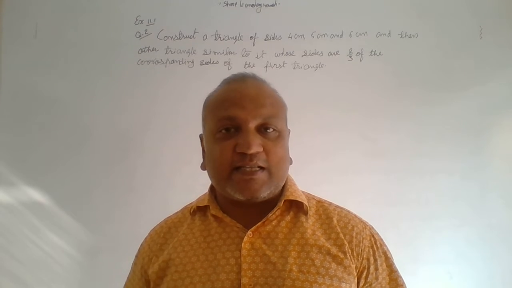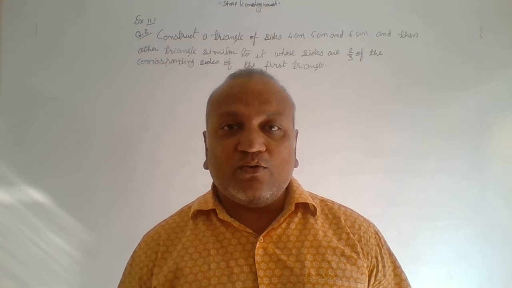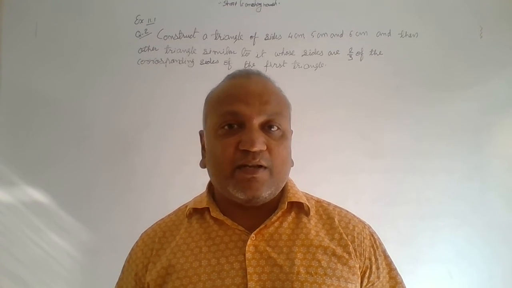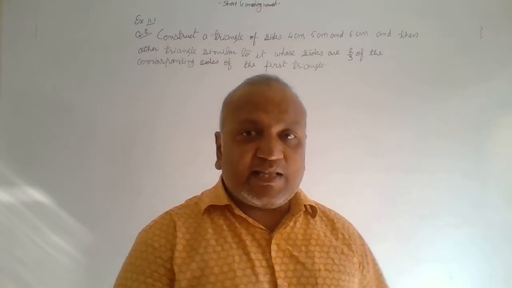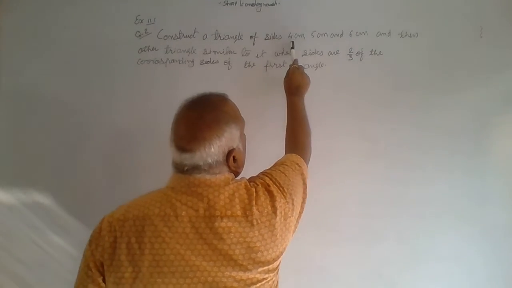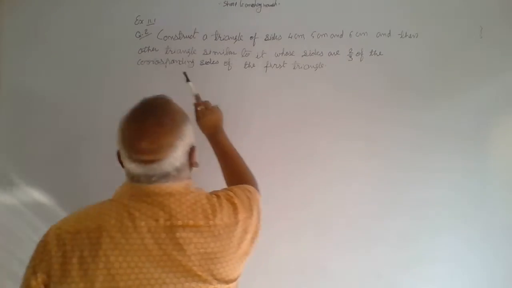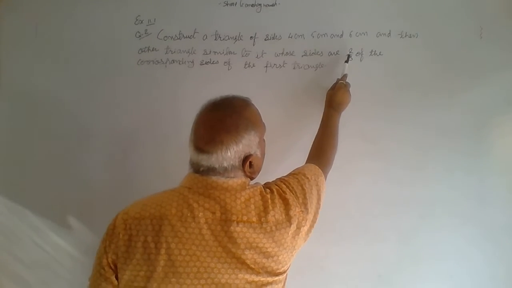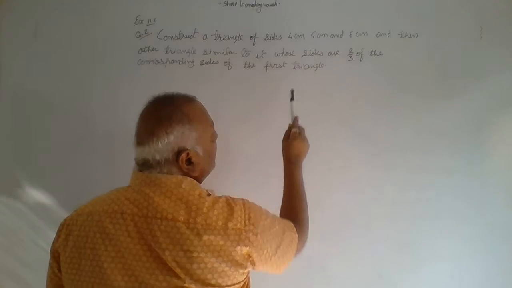Yesterday I had explained the first question of construction 11.1, and today from Arihant Coaching I will explain the second question of construction. I hope you have completed the homework. There are two constructions given as homework, similar to the first one. Now construct a triangle of sides 4 centimeter, 5 centimeter and 6 centimeter, and then another triangle similar to it whose sides are 2 upon 3 of the corresponding sides of the first triangle.